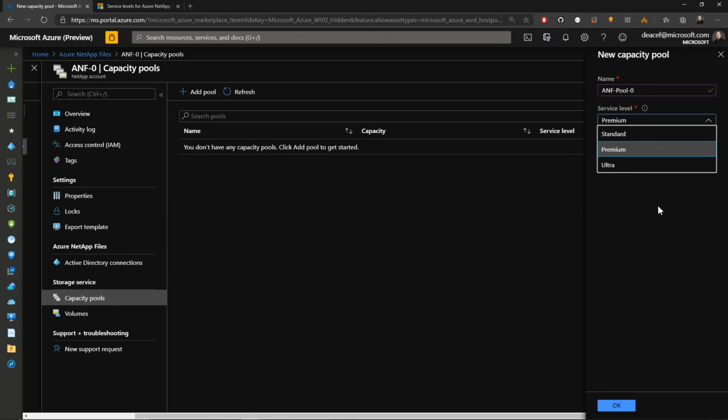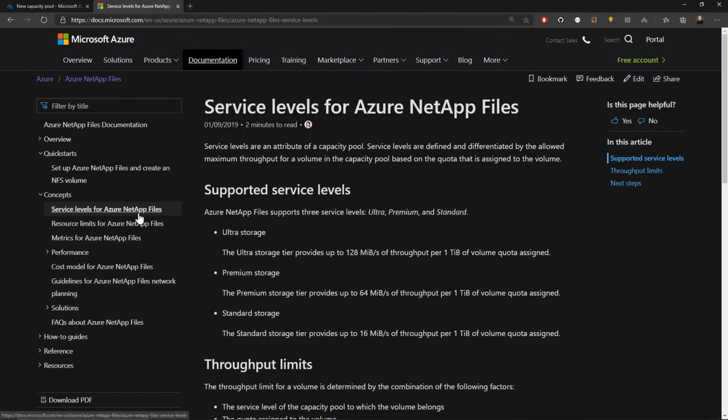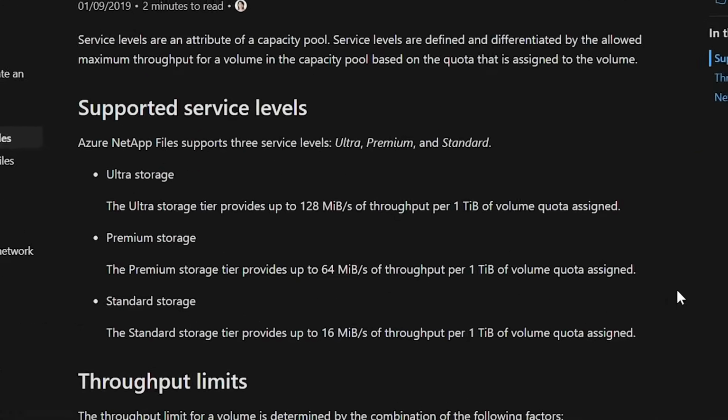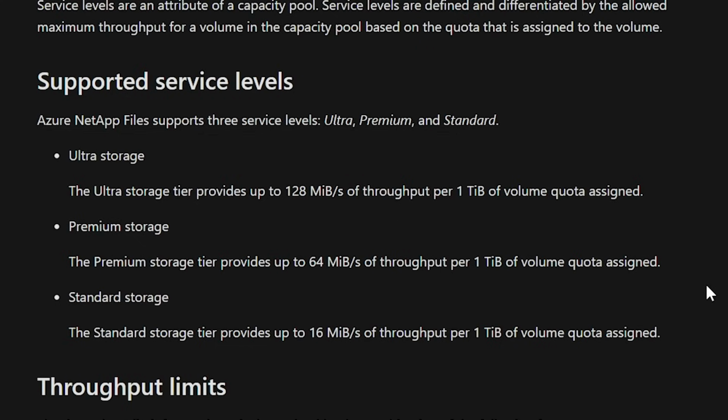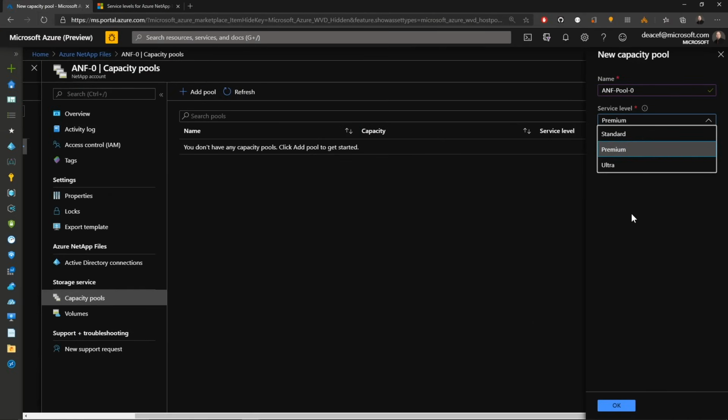And before we pick which service level we want, let's go back to the docs. And under the concepts in the table of contents, we have these service levels for NetApp. And you can see the range here from standard at 16 megabytes of throughput per terabyte all the way up to 128. Back in the portal for my example here, I'm just going to pick the standard tier, and then